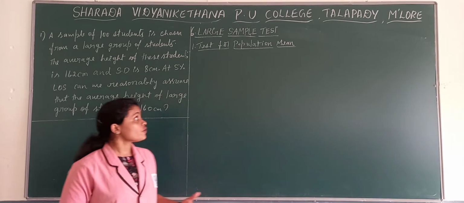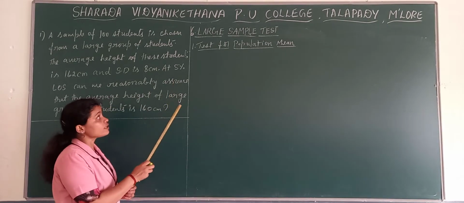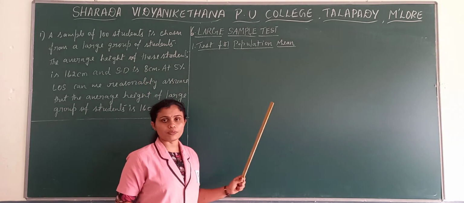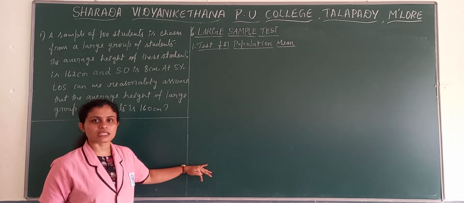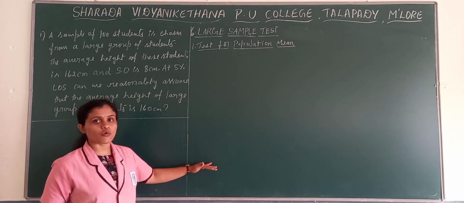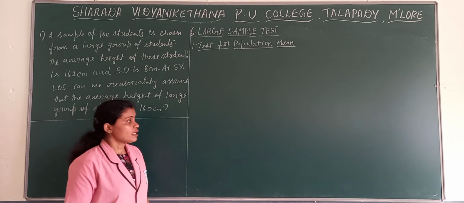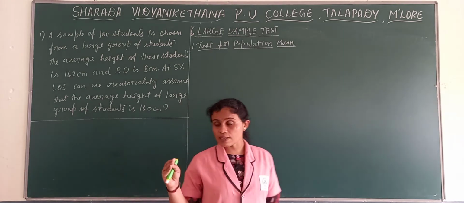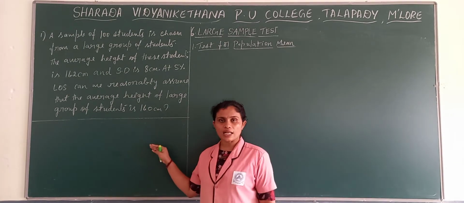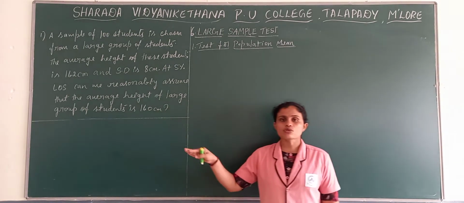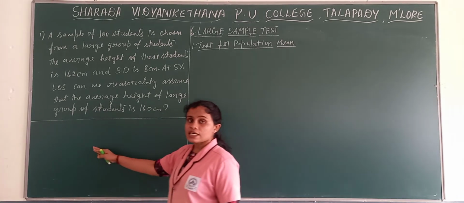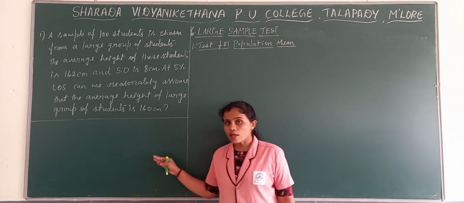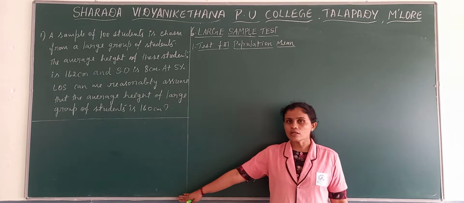So we are in the first unit, that is test for population mean. I gave some steps in the previous class, the steps we need to follow in order to solve the problem. The first step was how to set the null hypothesis. The second, how to set the alternative hypothesis. The alternative hypothesis can be not equal, less than or more than.